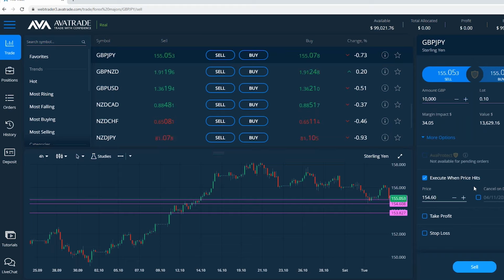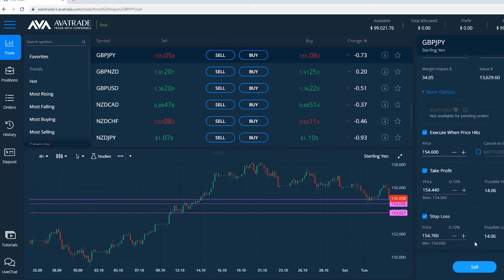It does it automatically on our web trader platform and AvaTrade Go. On other platforms, you have to know, is it a buy stop, a sell stop, a buy limit, a sell limit? Very simple here. I know I'm selling. I tell it what price I want to sell from. I can tell it a take profit and a stop loss and have it ready to go. Okay, very simple, based on fundamentals and technicals.